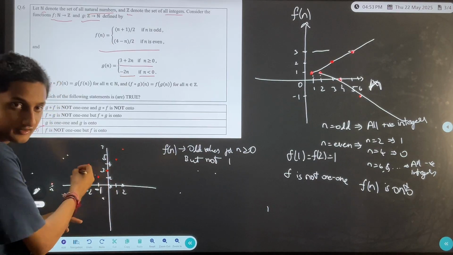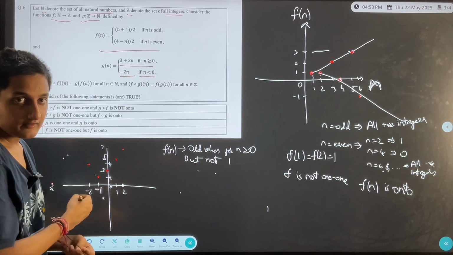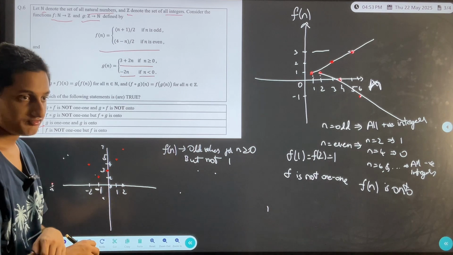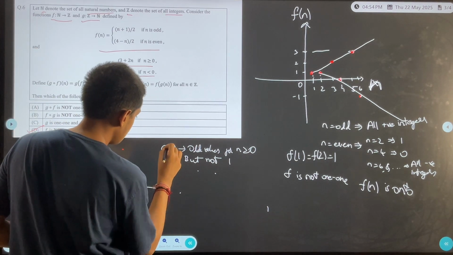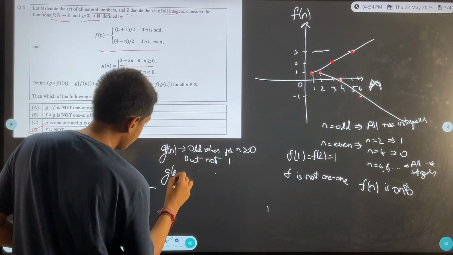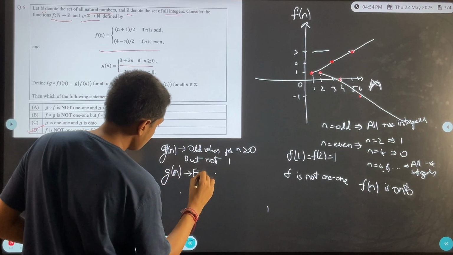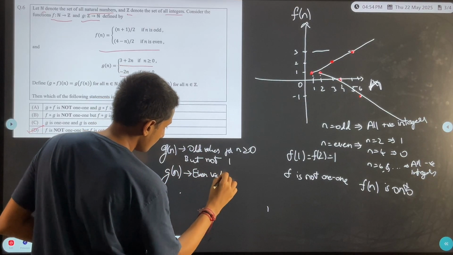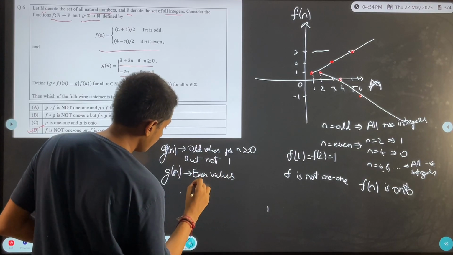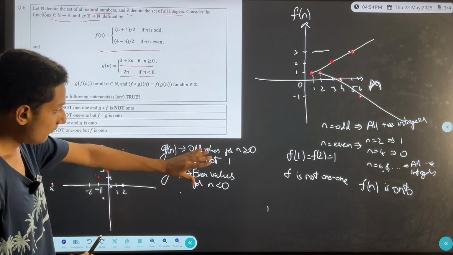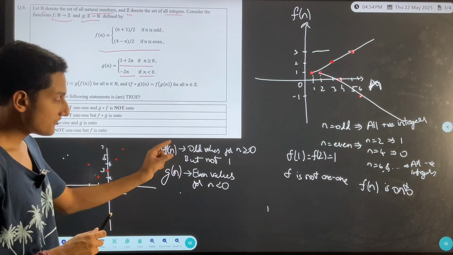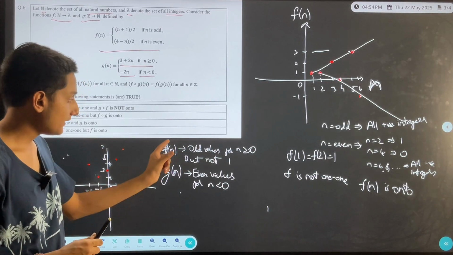And then so on. If we continue, we'll get all the even values of g of n. So that is, g of n will give even values always for n less than 0. Alright. So now when we look at this, it suggests that g of n cannot take the value 1, but